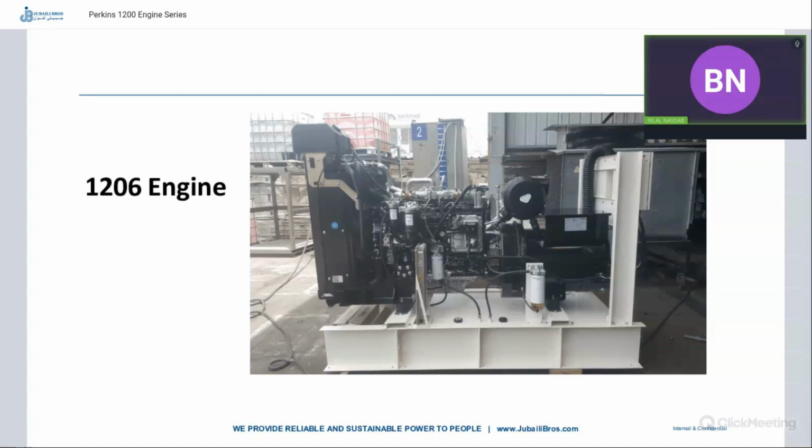Of course, we have fuel return pipes going back to the daily fuel tank or the external bulk tank used by the customer. Before the fuel goes back to the daily fuel tank or to the external bulk tank, it will go through a fuel cooler to cool down the fuel relatively before going back to the fuel tank, because we are not